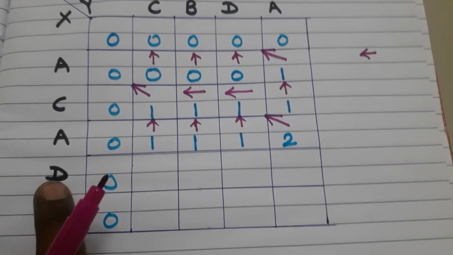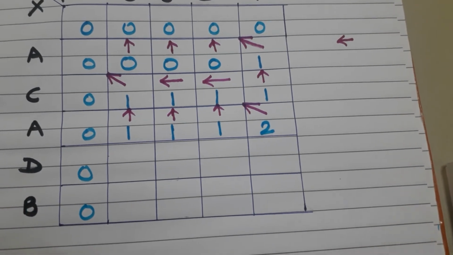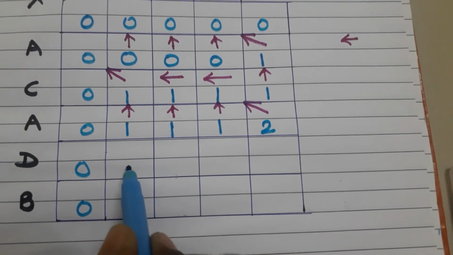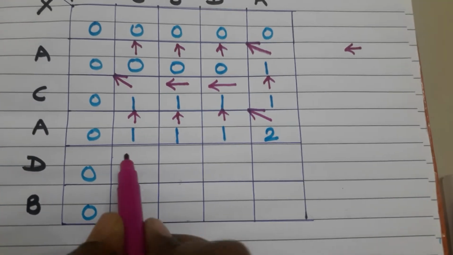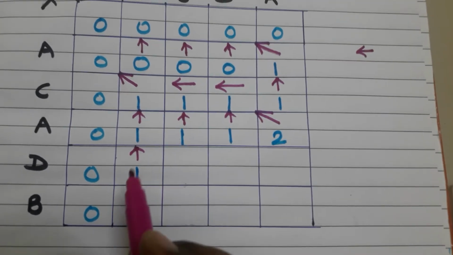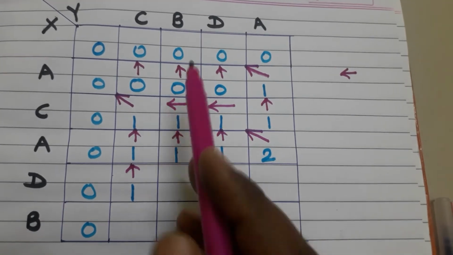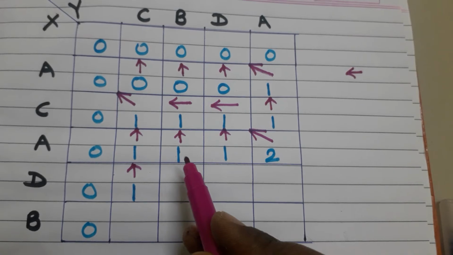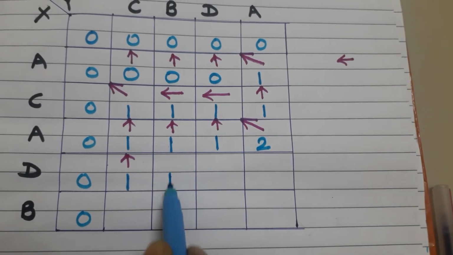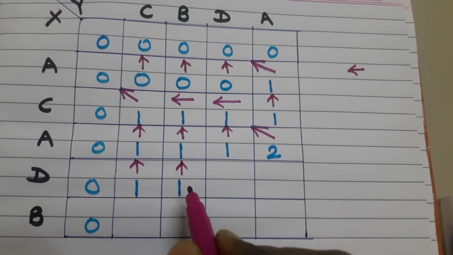Now next this row. So D and C. These are two different characters. So here we have 0 and 1. So the maximum value is 1. So we will take this 1 from the previous row. After that, here you can see D is given and B is given. Both are different. So we can take any value because both are equal. So here we write 1. We consider that this 1 we take from the previous row.